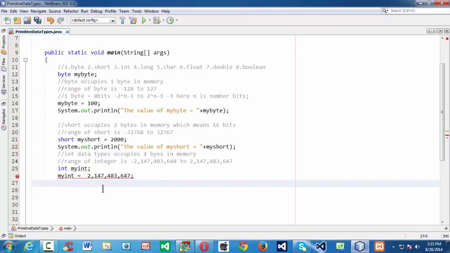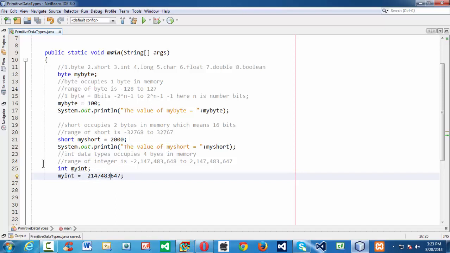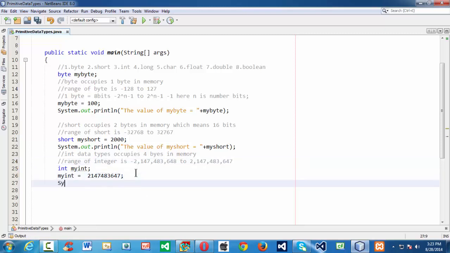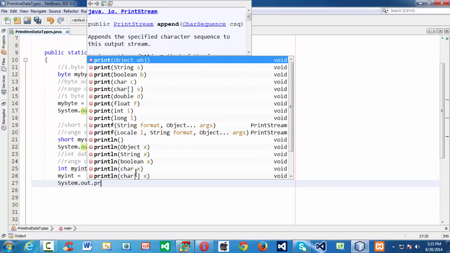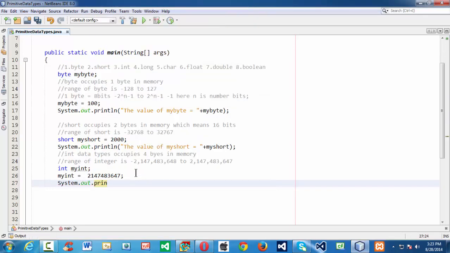But it says expected semicolon. My goodness, I am just copying the exact value with commas here, which are not allowed in Java. So I have taken a variable for my int and assigned this max value of integer. Again making use of system.out.println, let me print the value of int exactly,